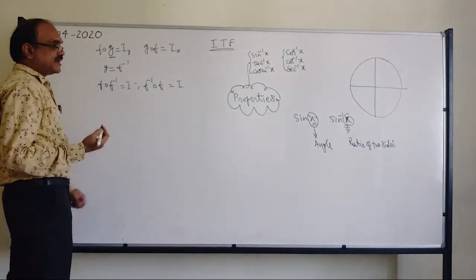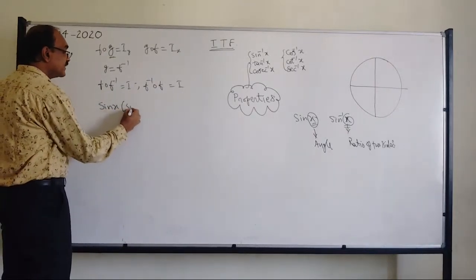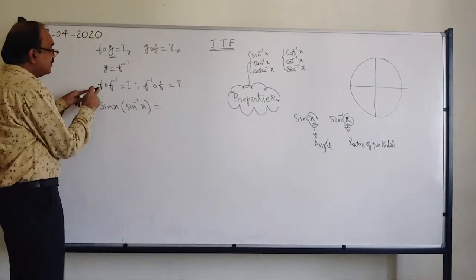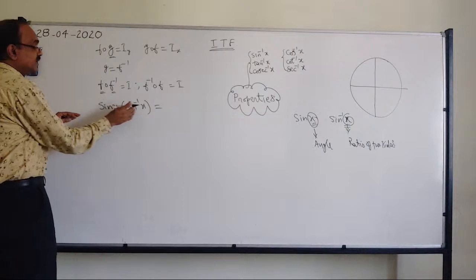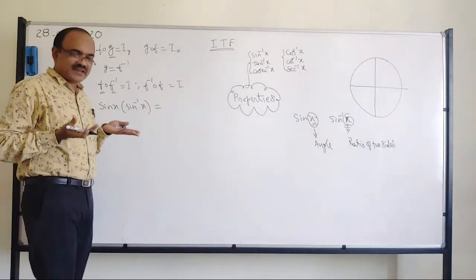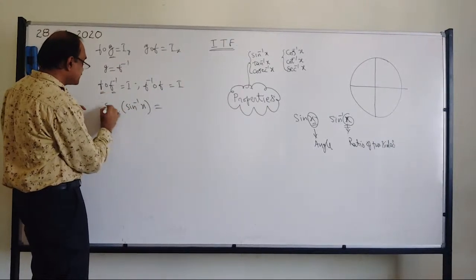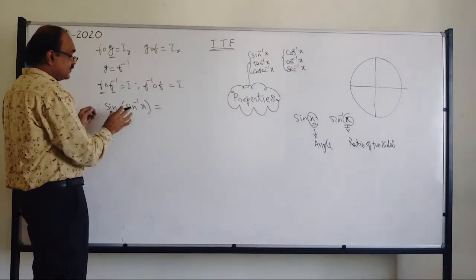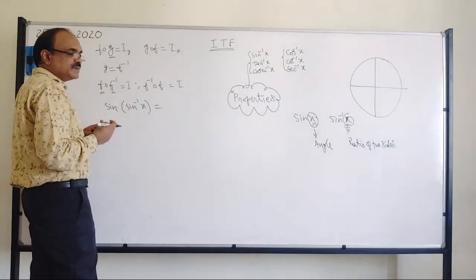What is your f? Sin x, for example. Circle means 'of'. You replace this with f inverse, that is sin inverse of x. F circle f inverse: whatever sine inverse does, this undoes it. Yes or no? That is the concept of inverse. Sorry, it's not sine x here. Here you will put sine of sine inverse x. So these two things will get cancelled. Yes or no? That's what the inverse of a function does.